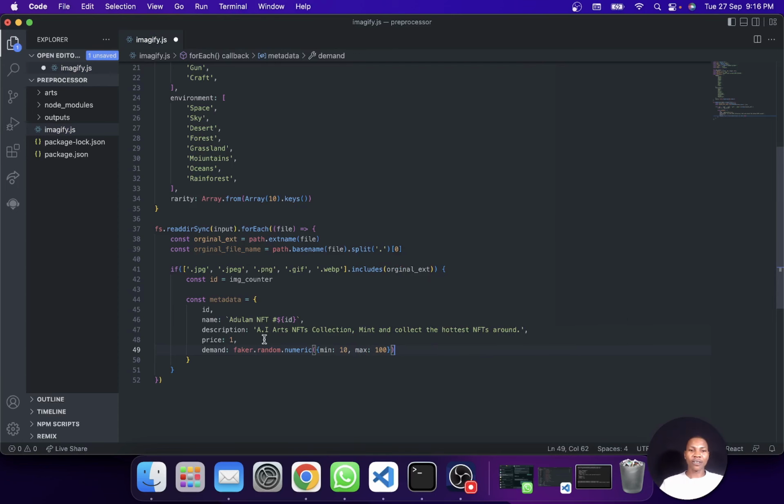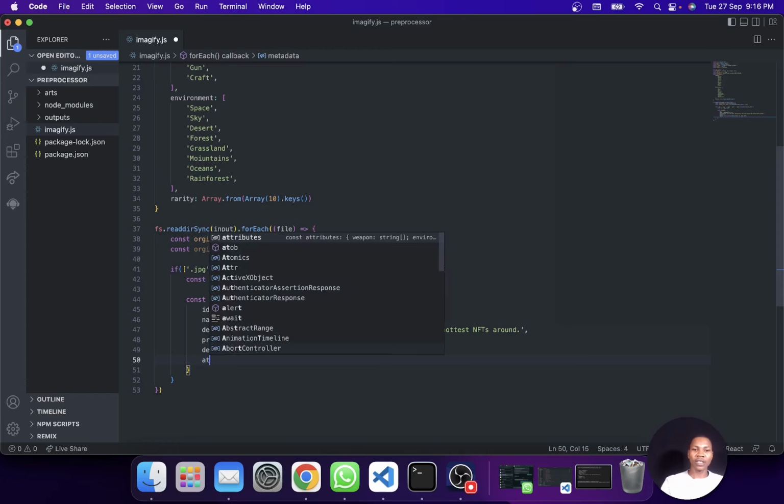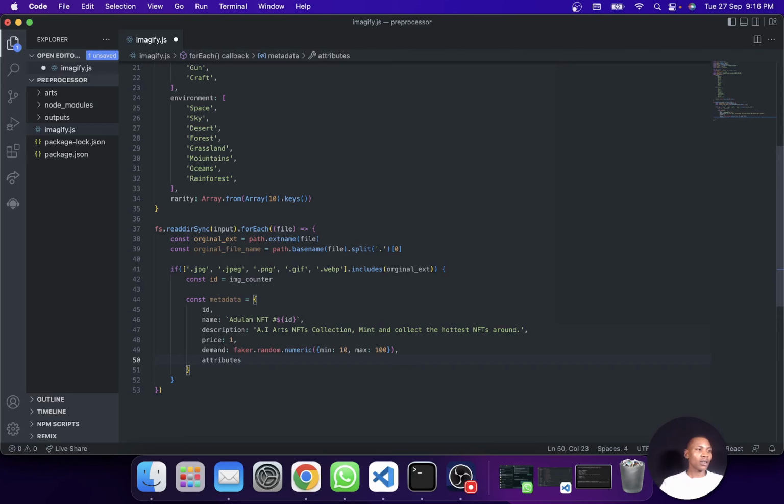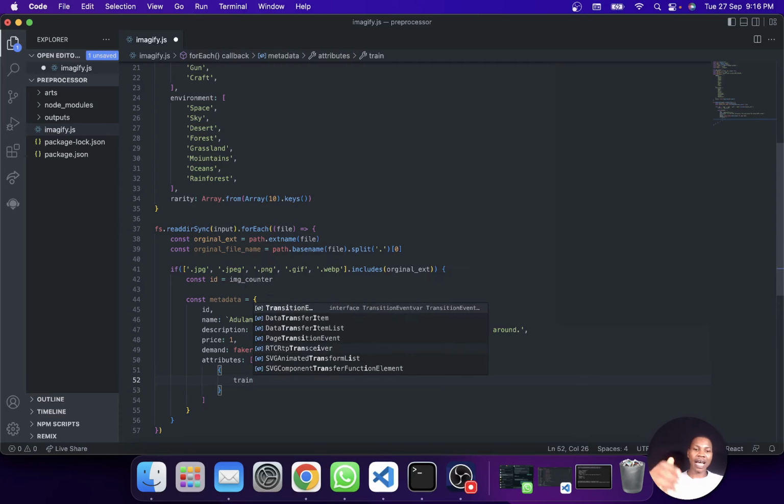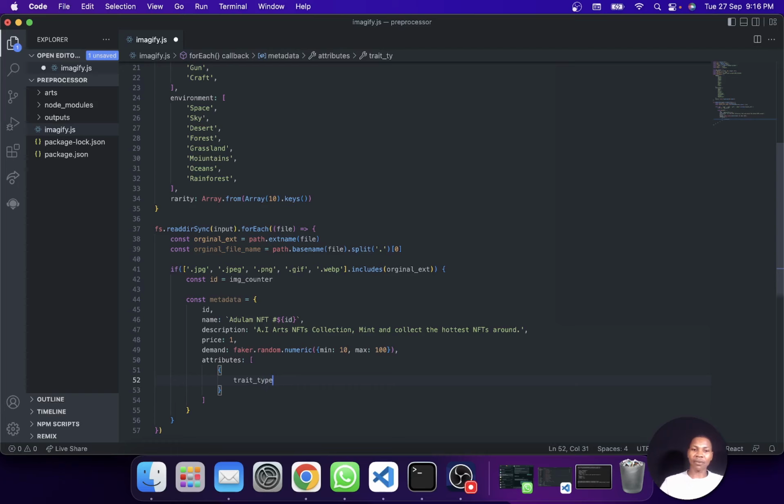All right. So now, the next thing I want to do is give you some attributes. Attributes is going to be an array. The first attribute I want to give it is, you actually call it a trait, and then you specify the type of trait that you want to give to it. So this first trait is going to be called environment. You understand? Environment. And then the value of the trait will be equal to